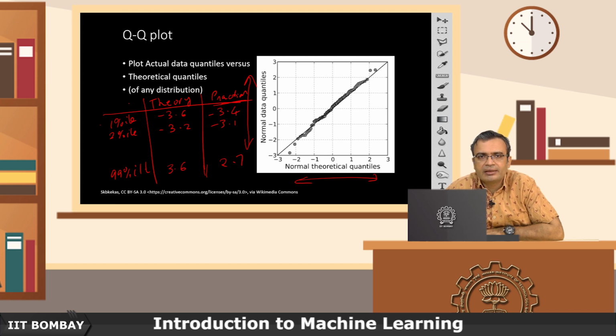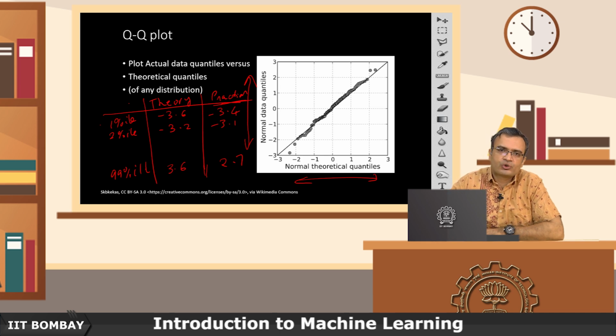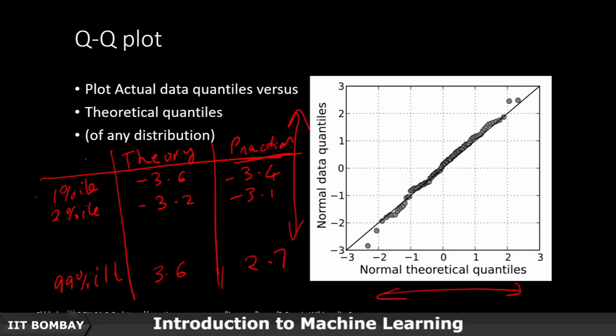If the line is slightly changed, it is not at 45 degrees, it is sloping, or its intercept is not at 0, then the only thing that means is that the practical distribution is a normal distribution, except that it doesn't have a 0 mean and it doesn't have a unit variance. That could be the difference between the two. So that's all that we need to do to make sure that it looks like it. So this is one of the visualization techniques to see whether it is a good fit for